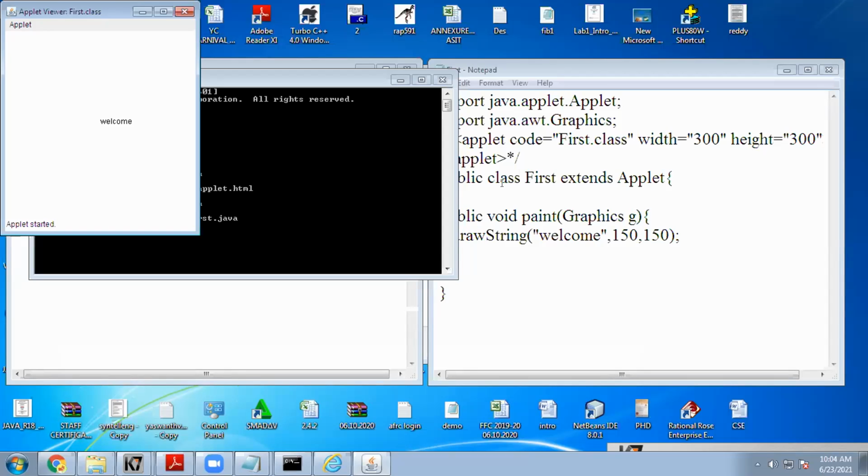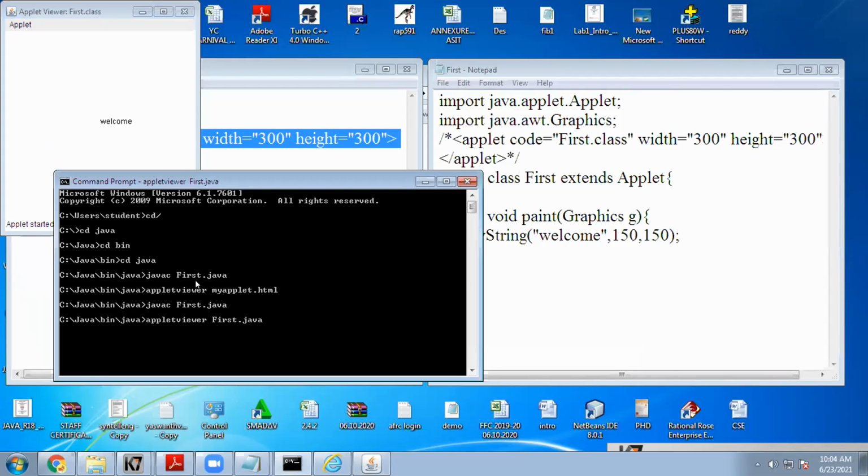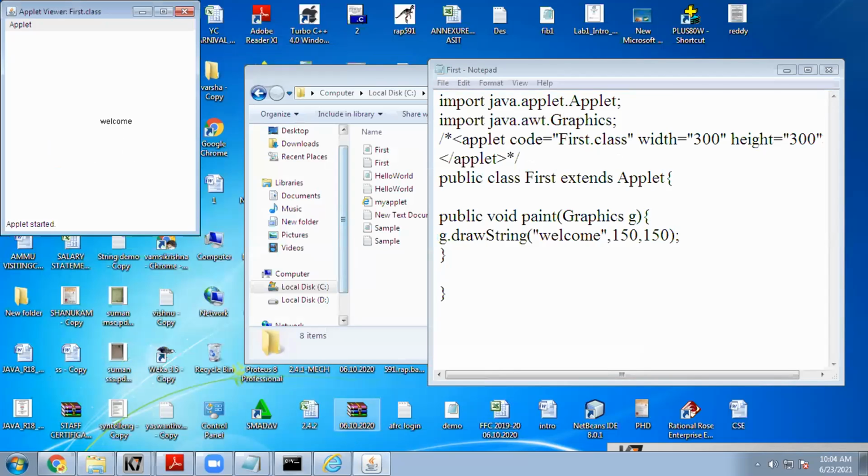Same, simple only. But for applet we have to first compile the Java program. After that, we write the HTML code. That HTML code must be executed through applet viewer. Then we'll get the output. Another direct way is without HTML code. In the Java file itself, we can write this applet tag, compile that and execute. So I created one more program. I'll show that. It shows the banners.